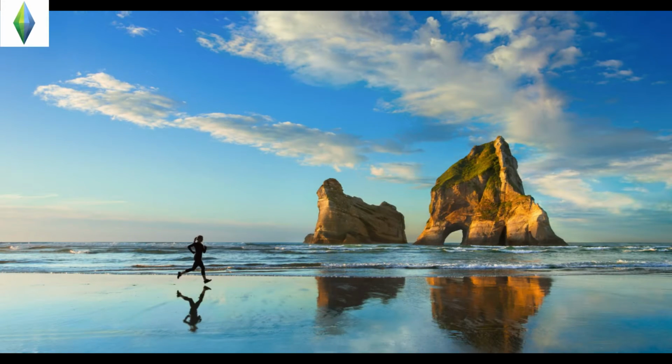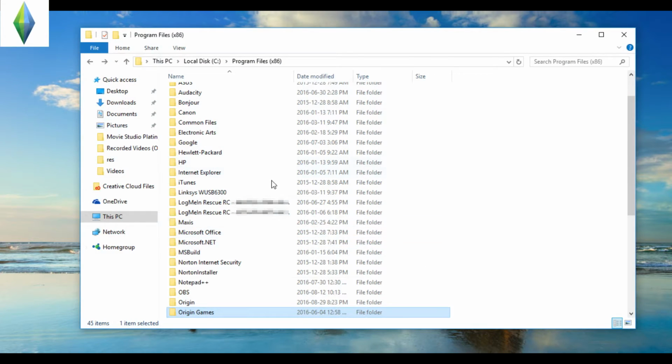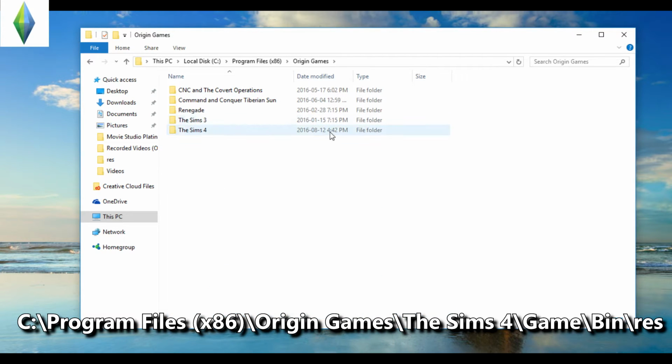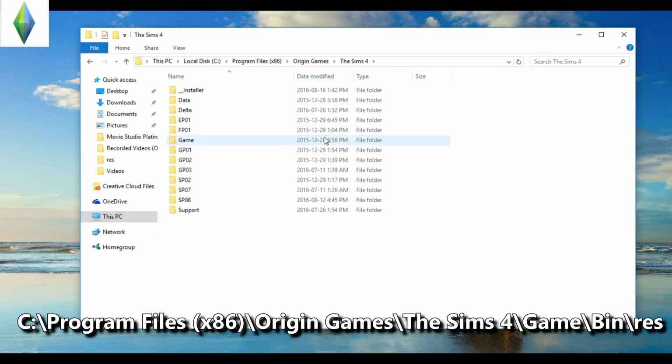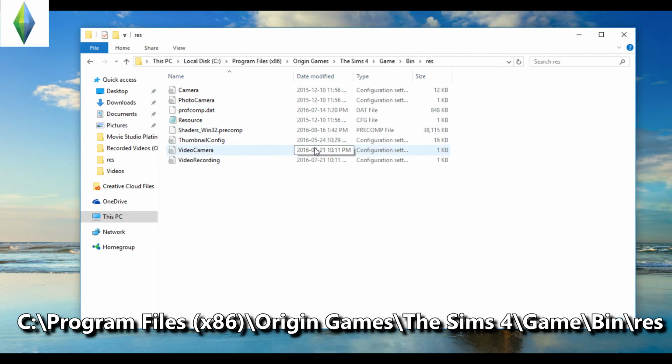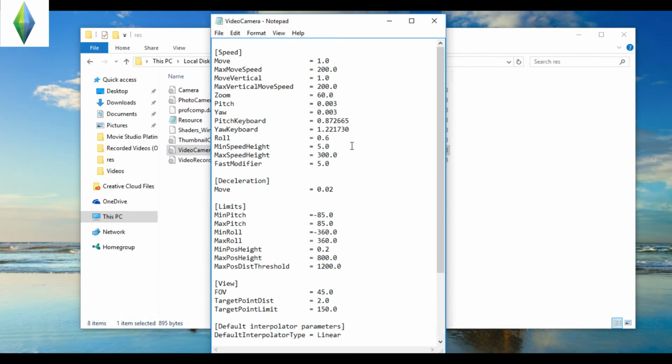So as you'll notice, I'm actually not in The Sims at all. I am in my second monitor over here. And I'm actually going to go into the game files, like I said. So what I want to do is open up File Explorer, go to your program files. I will have on screen where you can find these game files. I want to go to Origin Games, your Sims 4, Game, Bin, Res, or R-E-S, I'm not quite sure how it's said. And then you want to go to Video Camera, and this is the file that we're going to